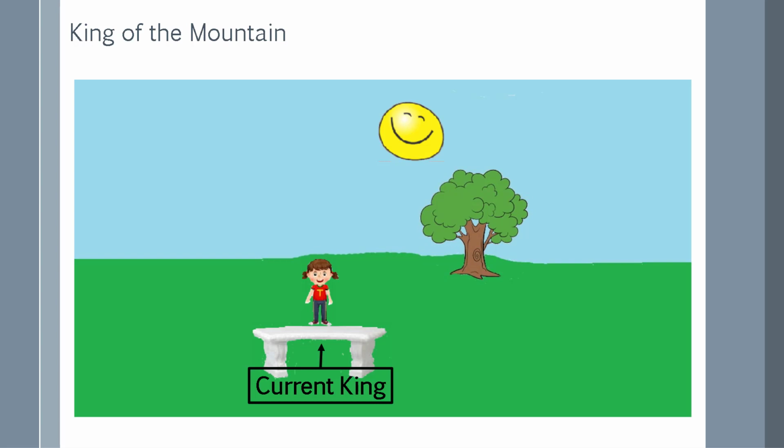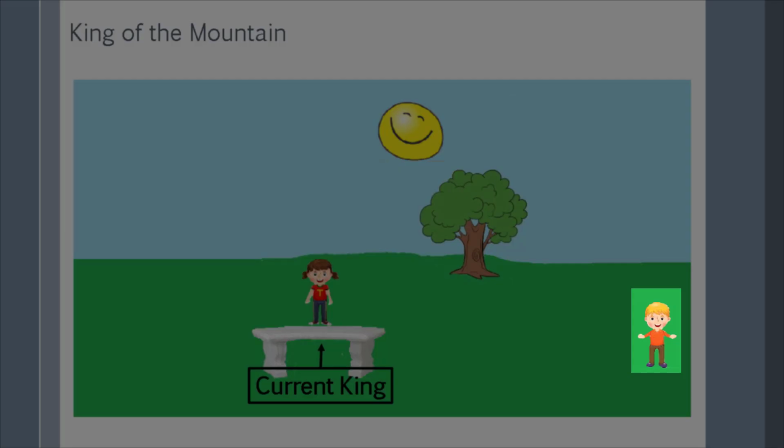But Tara had to face challengers also. The next person to come along was Jose, and he stormed up the mountain for his attempt to be king. No such luck. Jose met the same fate that I did, and Tara remained the current king. I told you, Tara was tough. But notice I said that Tara remained the current king, not that she was the new king. The only time you could get a new king is if someone beat the current king. Keep that in mind.